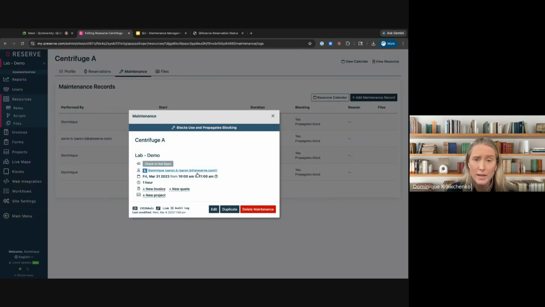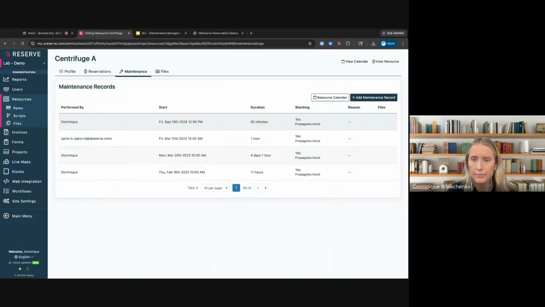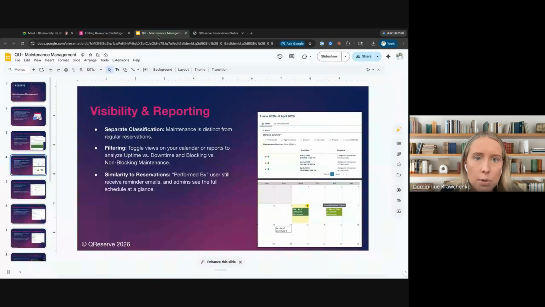If there's a form attached, extra details, etc. So those are the primary places where you can find those maintenance records. But again, some key things to just reiterate again,